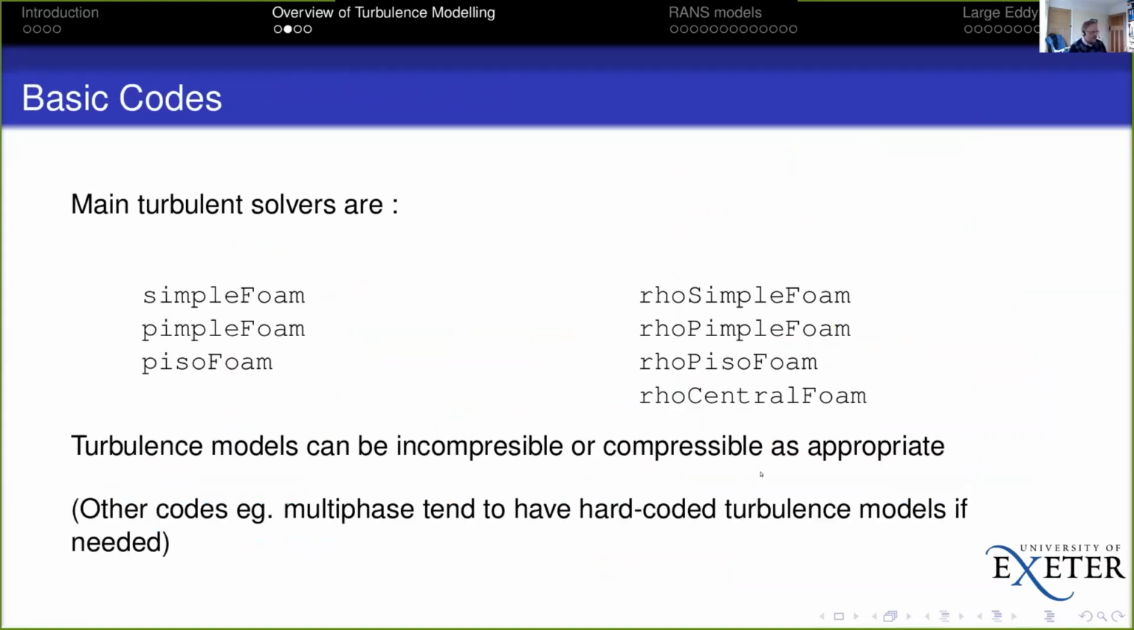Now, the basic codes here are either incompressible or compressible, and depending on whether or not we want to run steady state or transient, we may be using some version of simple or some version of piezo. So simpleFoam is our basic steady state simulation code using the SIMPLE algorithm, semi-implicit method for pressure-linked equations, whilst for transient flow cases we use the PISO algorithm in the form of pisoFoam, and that's what we programmed